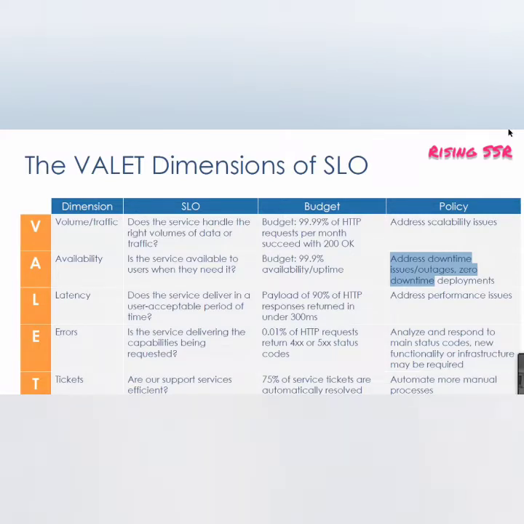That is where I told you, the zero downtime deployment is mainly a policy that you can set up. Let us say that if your SLO is violated, if you are taking more than 43 minutes in a month, it means your error budget is violated. You need to do something to ensure that you are within 43 minutes. And what will you do? You can set up a policy of zero downtime deployment.